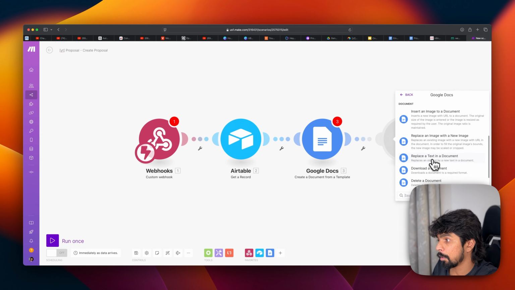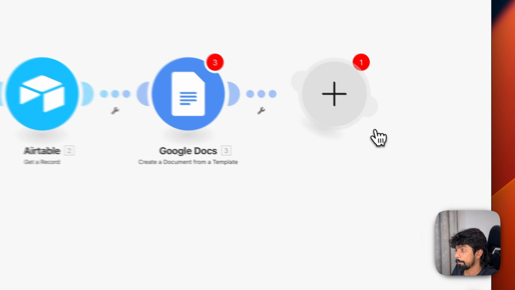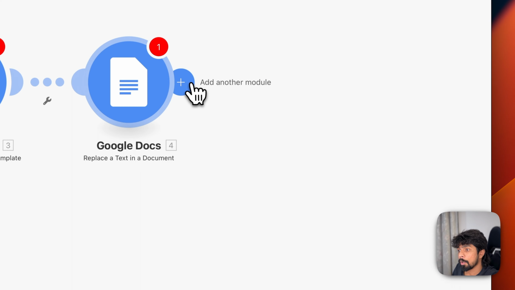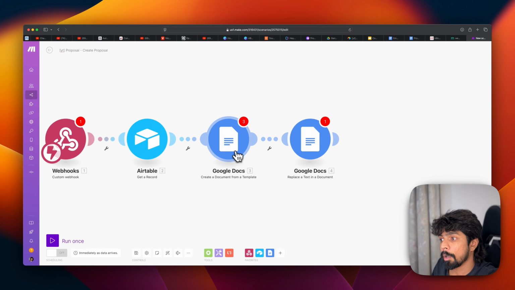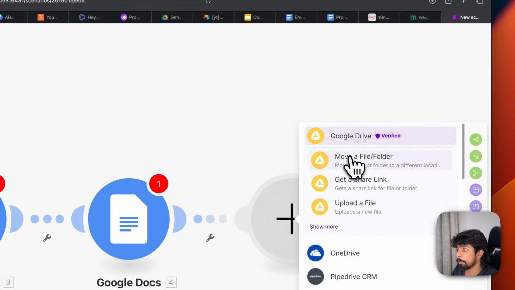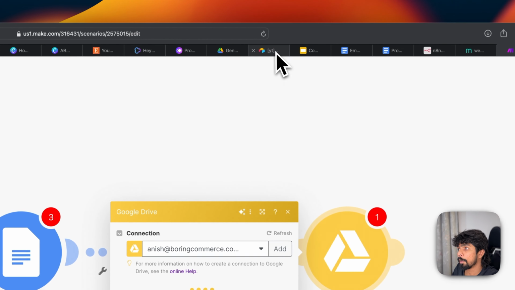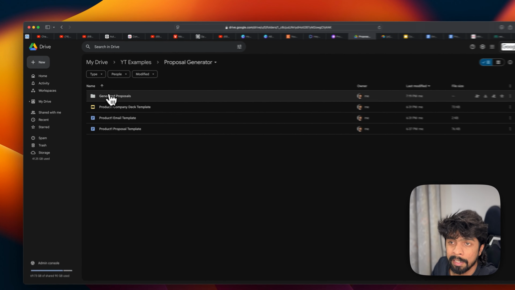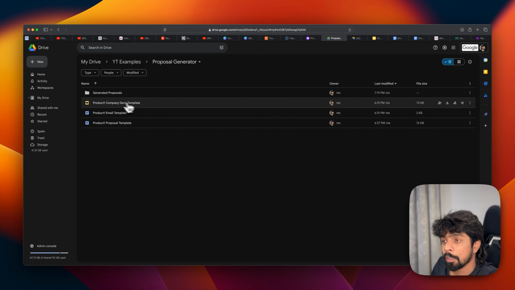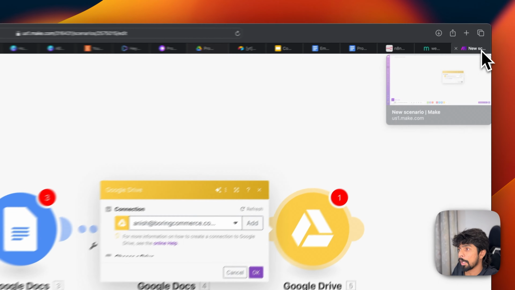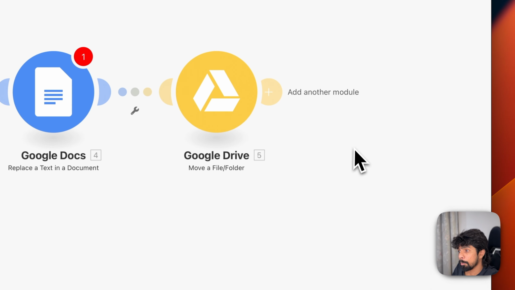Replace the text by the new text in the document. And once we have it replaced, we are going to move the document into the folder that we want. In our case, this is our proposal generated home folder. I've created another folder inside this, which is the generated proposals. So as soon as a new proposal is generated, it's going to get moved into this so that it is organized. And then once that is moved,